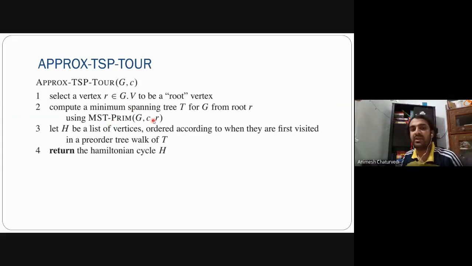So this could be done even by someone who is not that much into mathematics, but they can use their common sense to solve this type of problem. First you find the root, the origin city, and you just calculate the minimum spanning tree. That could be computed even by someone who is not a mathematician. They do some heuristics to find an approximate minimum spanning tree, and then they can do the walk in such a way that it will create a Hamiltonian cycle.